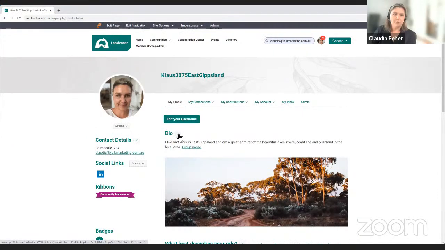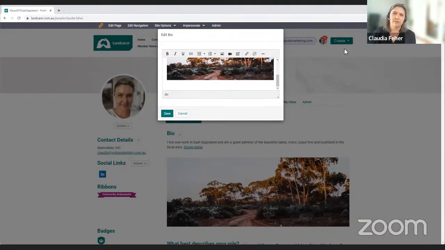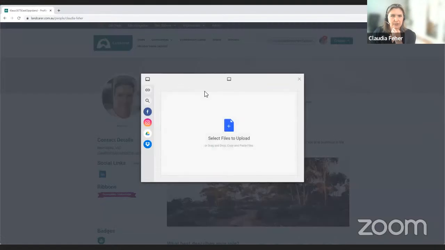Update. I believe you could put more than one image in here, but let me try and see if I can do that. Depending on what you're trying to achieve with putting in the before and after image, you may find it's more appropriate to start a discussion about it. But what I'll just do,